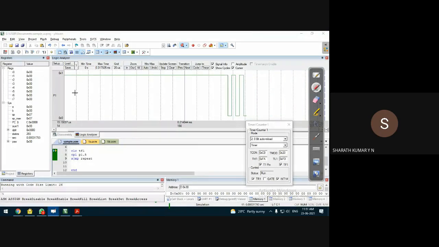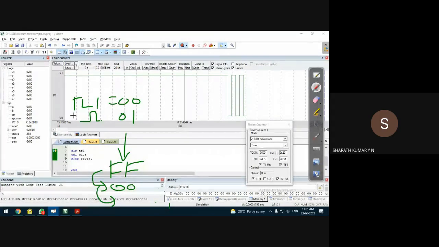Initially, TL1 was equal to 00. On the application of clock pulse, the count increased and it reached the final count of FFH. And when it reached the final count of FFH, it was reset to 00. From that, it is reset to the initial value which was available in TH1, which was equal to FAH.